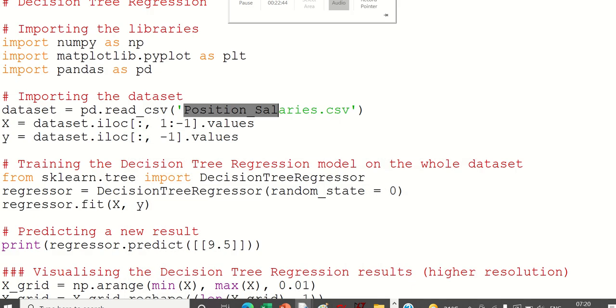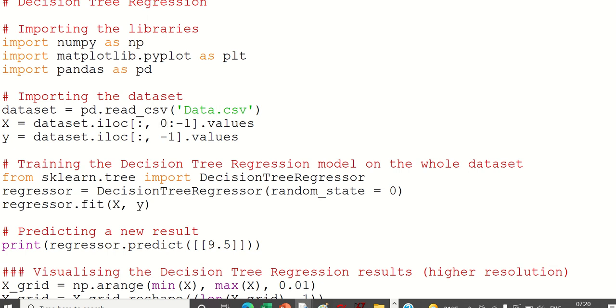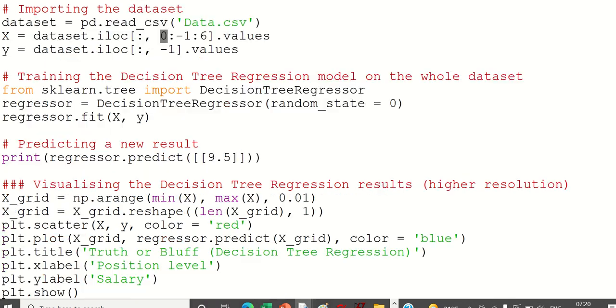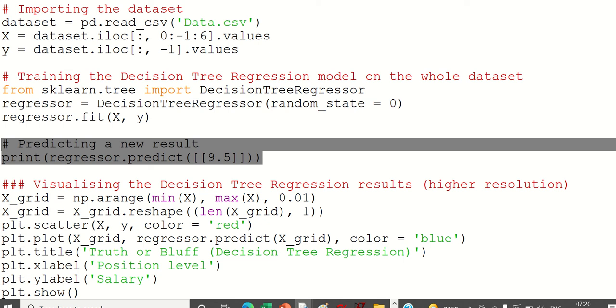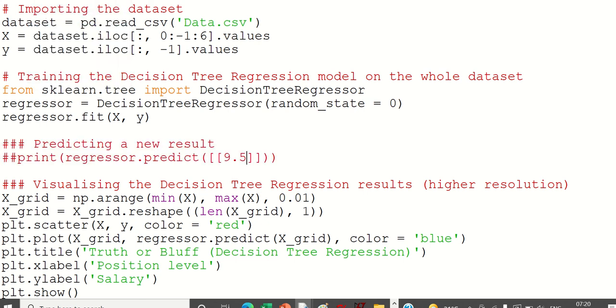So I have done this part of the data. Now I'll just change the data here. Data is done. Now I want only the first, or zeroth, column, so I use a colon with a step of 9. Simply I'm getting a big number so that I will get the first column only. Nothing else I have to change. I think this one I have to comment out, because that is valid for position salaries. Nothing else to change, and if I run this,